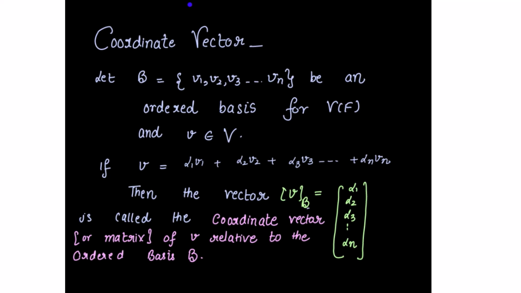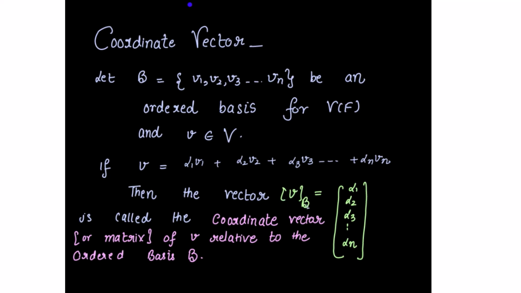The definition is: let B = {V1, V2, V3, up to Vn} be an ordered basis for vector space V over F, and a vector V belonging to V. If this vector V is written as a linear combination of this ordered basis, having the scalars alpha 1, alpha 2, alpha 3, alpha n that belong to F, so the linear combination is alpha 1 V1 plus alpha 2 V2 plus alpha 3 V3 up to alpha n Vn. Then this is how you denote the coordinate vector of V